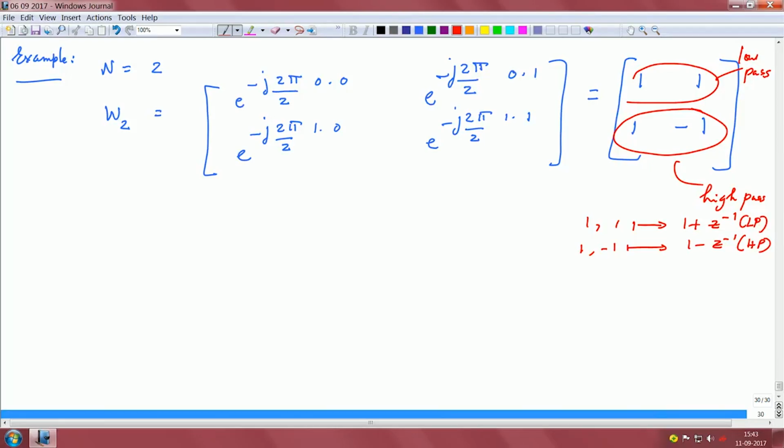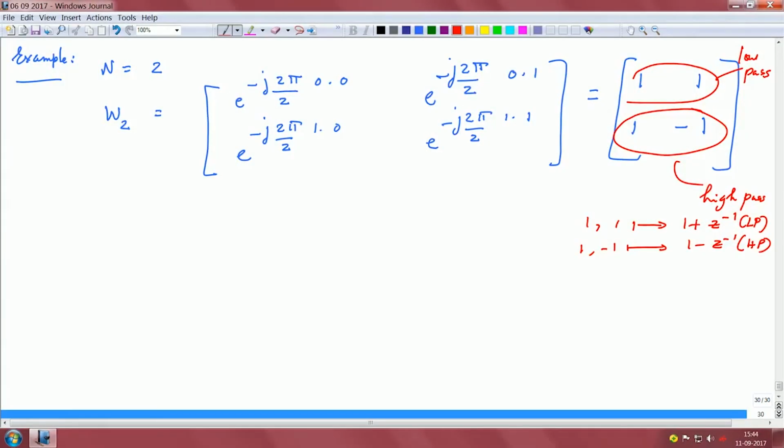Now, this sort of gives us an indication that the DFT is doing already something for us in terms of filtering, right. If you look at the rows of the DFT matrix, you are going all the way from low pass filters to high pass filters, and you can do this example for W3, W4, so on and so forth, and you can conclude. Now, this simple example here